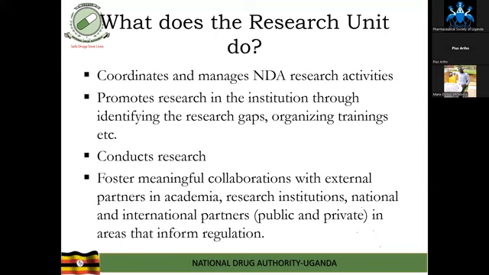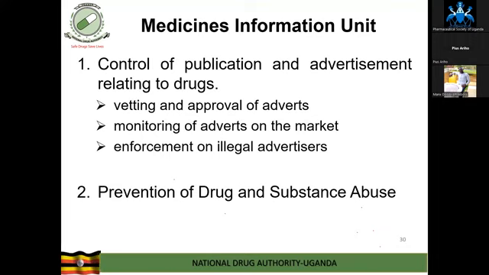We are not politicians who just base decisions on crowds, but we need to base them on specific scientific data. And finally, the Medicines Information Unit. This is a unit that deals with control of publication and advertisement relating to drugs. And we also run campaigns against drug and substance abuse. So I'll talk most about the control of advertisements relating to drugs, and I'll say very little about drug and